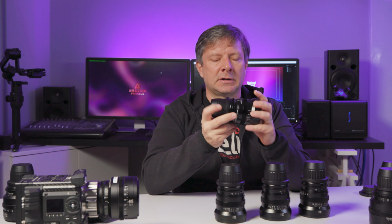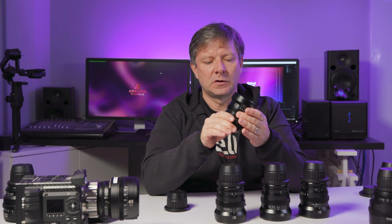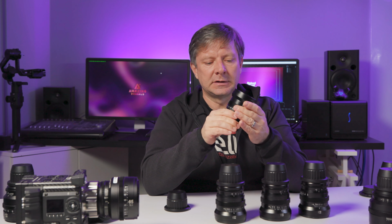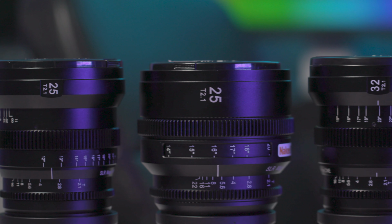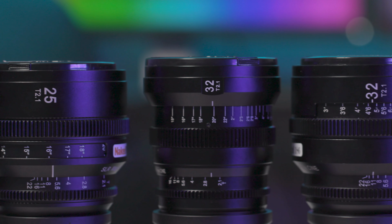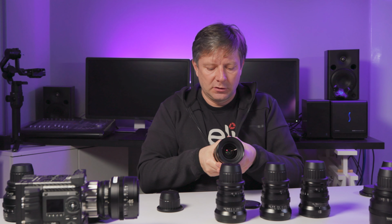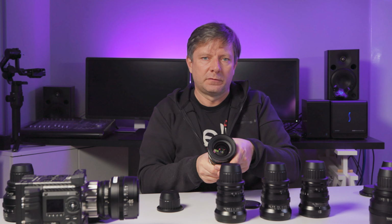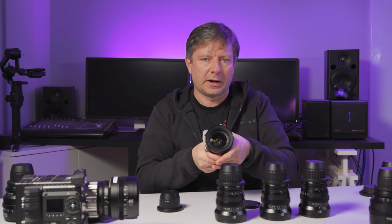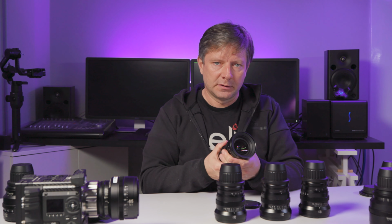The build quality of the lens is glass and metal. By the first feel of the lens, it's really high quality. You feel this when moving the focus ring. It's really smooth, it's not loose at all. The iris ring is also smooth. Compared to the old lenses, these lenses have 150 degrees focus ring rotation. You know why that is? Andrew just told me that if you hold the camera like this, your hand can move 150 degrees, and that's the maximum you can do. So you can pull focus single-handedly through the whole range of the focus rotation. It's really helpful when you are alone and you use a manual cine lens because it makes your work a lot easier. They cover full frame sensor,